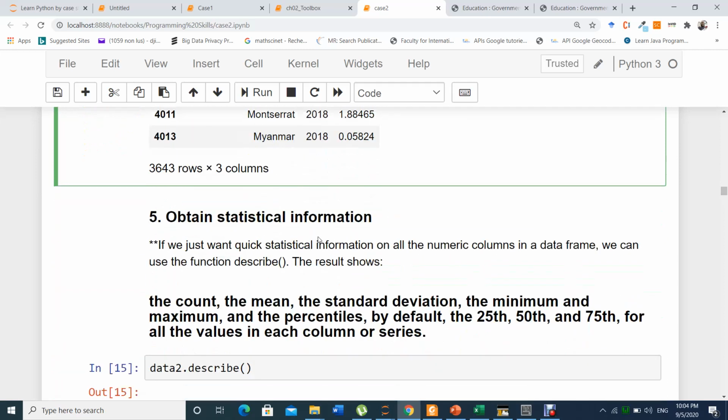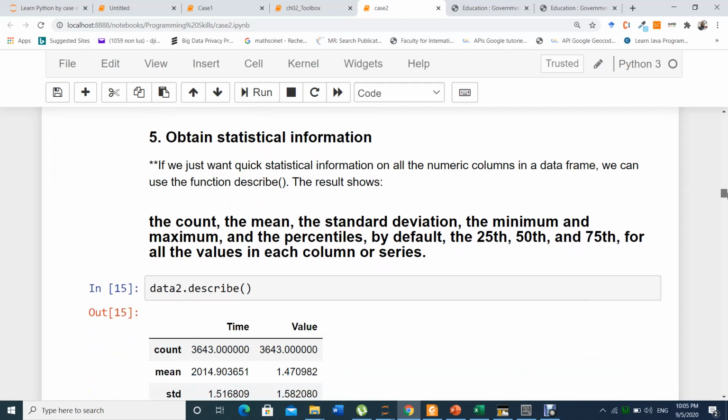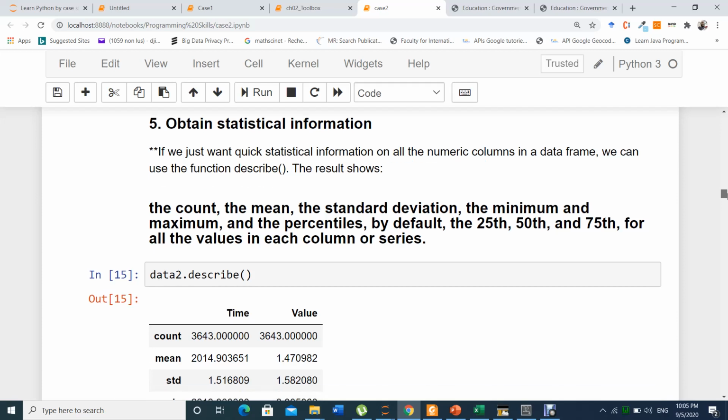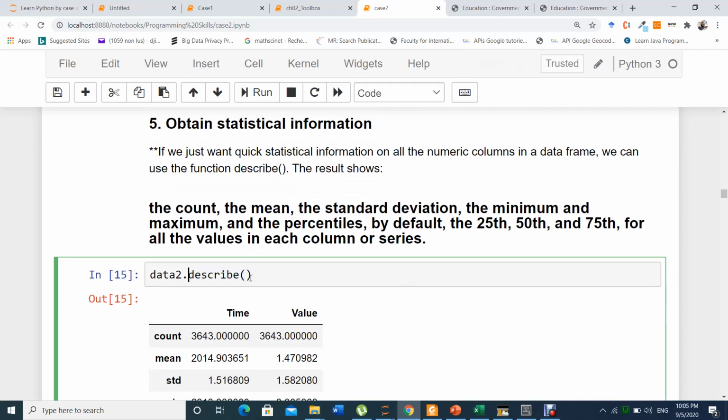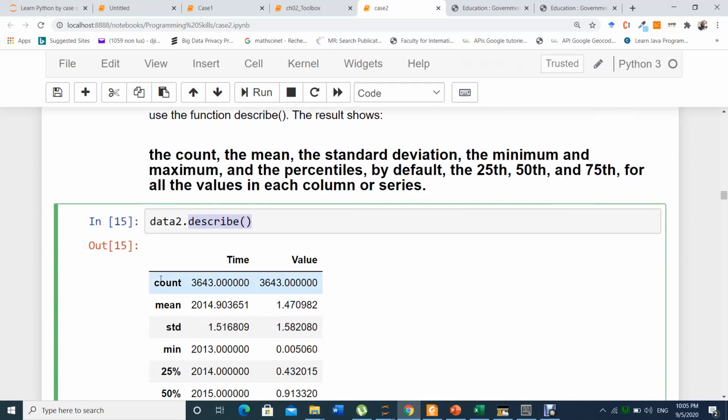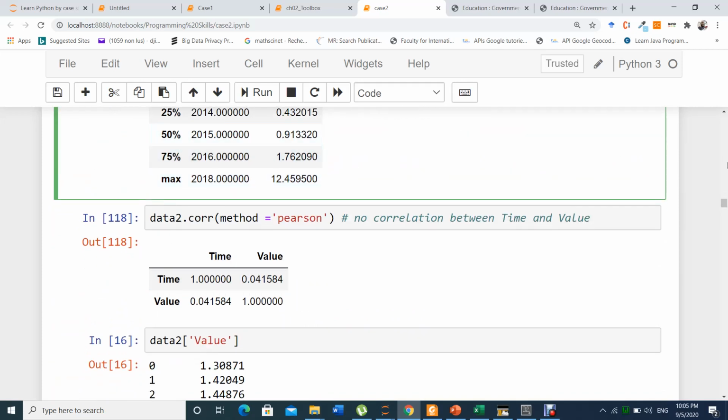So it's also important to see how to get statistical information. There is a simple function in Python that helps us get this statistical information. It is describe. For your data that you have finished cleaning, you just say, okay, let's apply this describe function, and the describe function will give us the count, the mean, the standard deviation, the min, the max, and the 20% of the data.